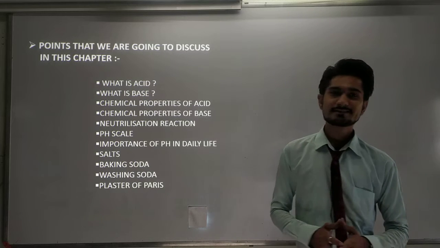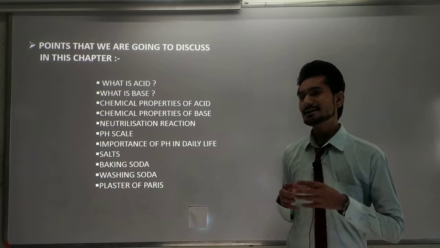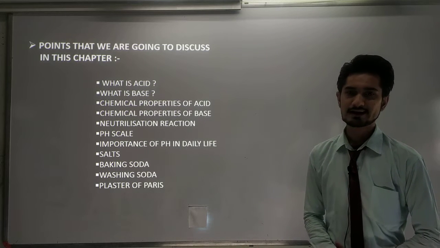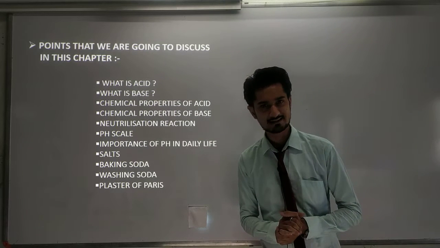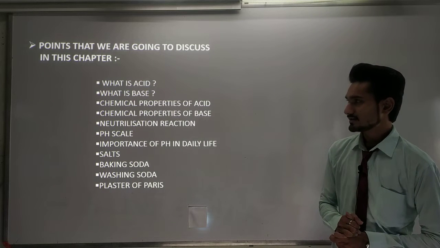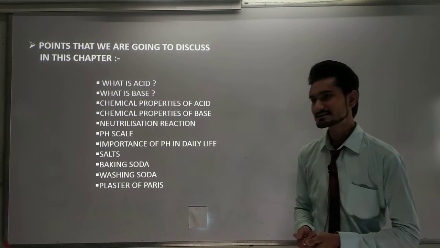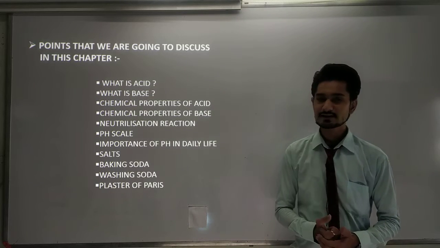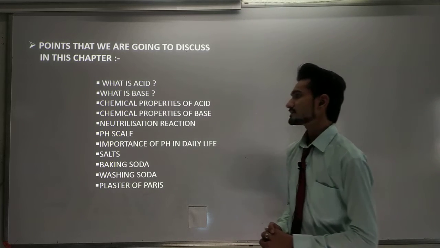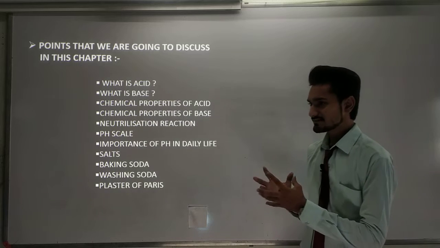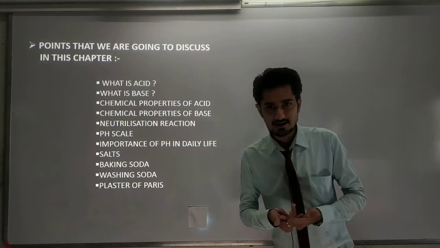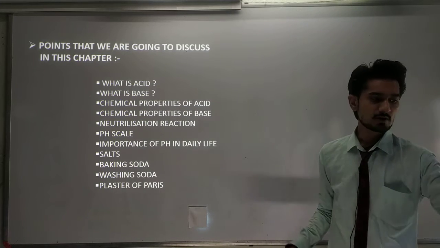We have seen that if an acid is there, then it most probably contains the hydrogen ion and the hydronium ion in itself. And we have seen that when a base is made, then the hydroxide ion will be present in it. This is the way we have seen how an acid is made and how a base is made. Afterwards we have seen the chemical properties regarding